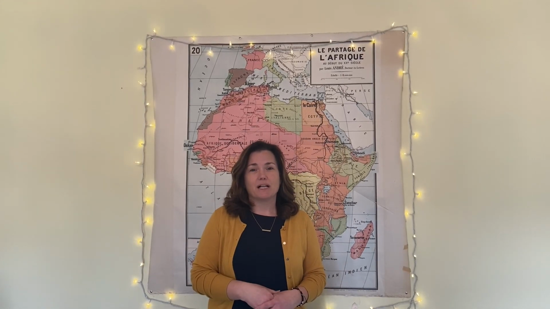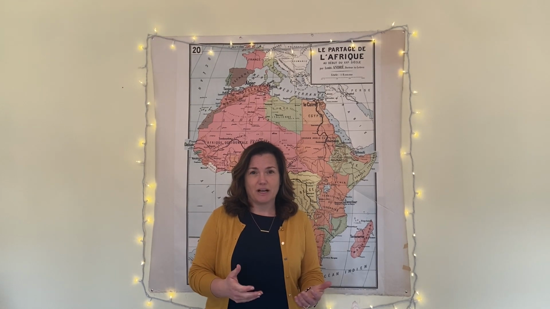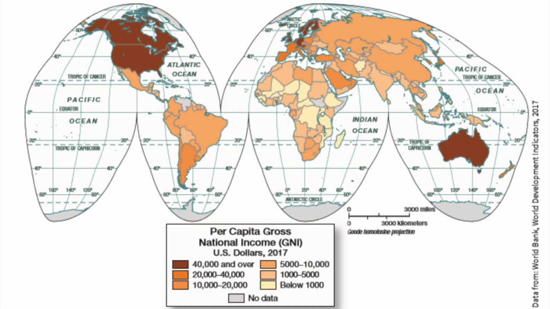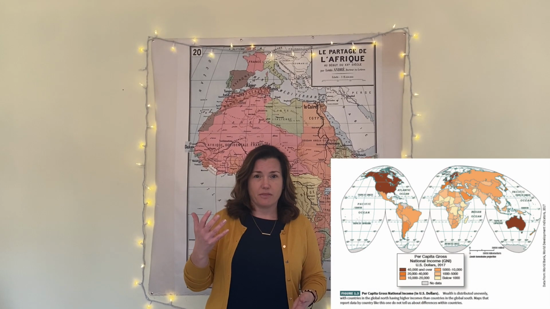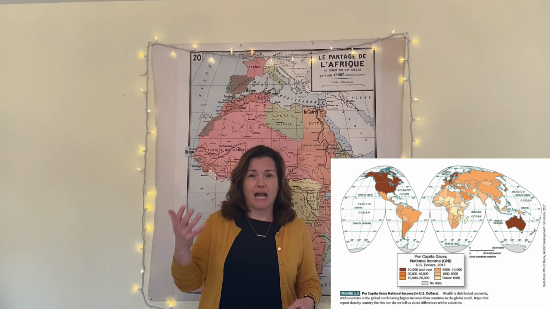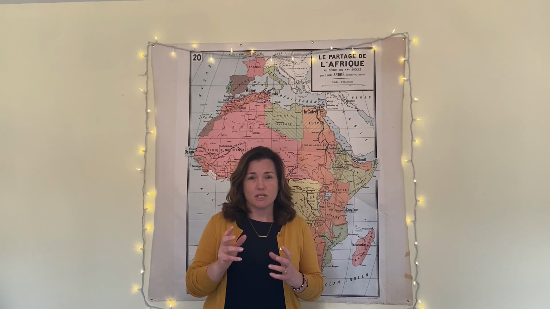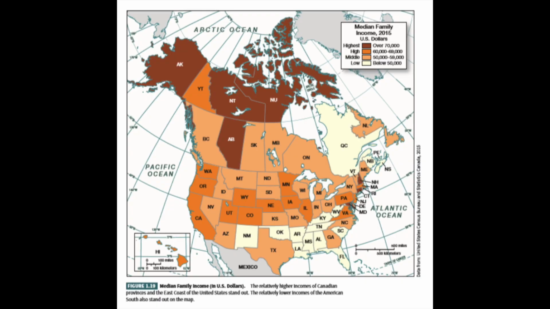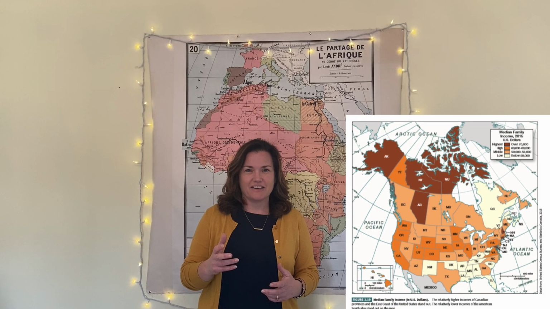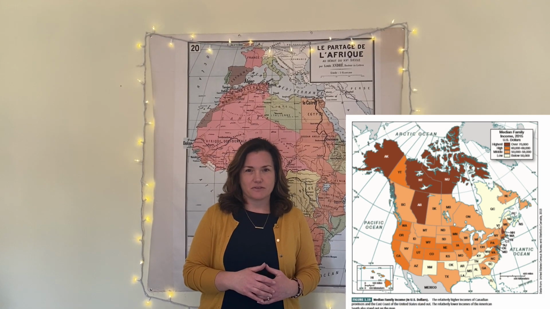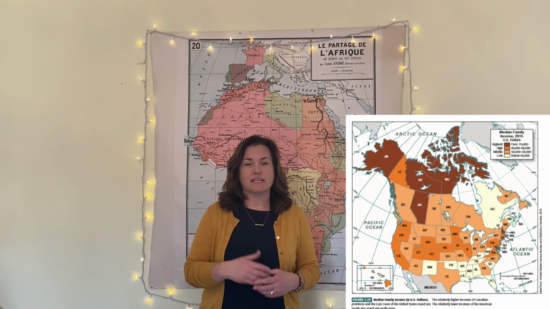So a classic example that we use in the first chapter of Human Geography and also in the first chapter of World Regional Geography is the concept of income. You can look at the GNI, the gross national income per capita per country, and at that scale, at the global scale, you can see the global north and the global south, the wealthier countries and the poorer countries. We call them the higher income countries and the lower income countries. You can also then zoom into just one region, in this case, North America, and compare the provinces in Canada and the states in the United States and look at how wealth is distributed by province or state. And you see a totally different pattern.